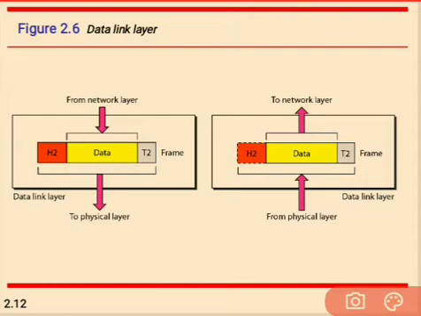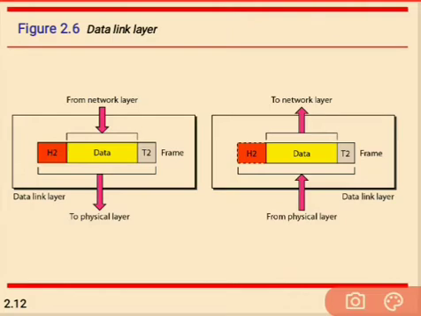The flow control coordinates the amount of data that can be sent before receiving an acknowledgement. So it is going to send the acknowledgement. The final function is access control.